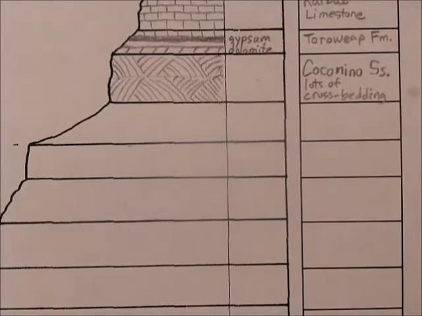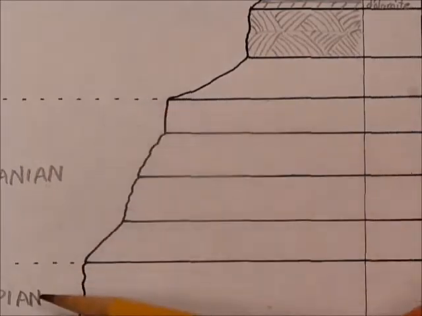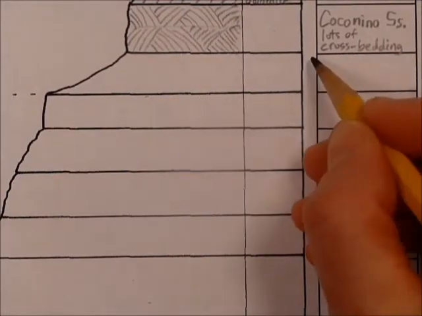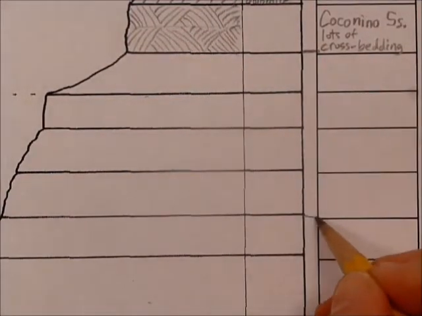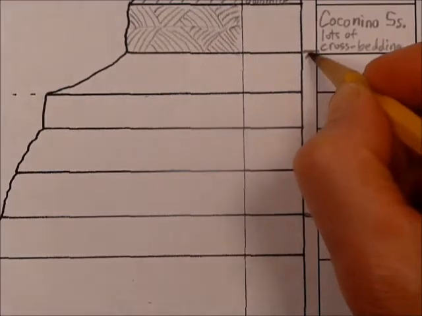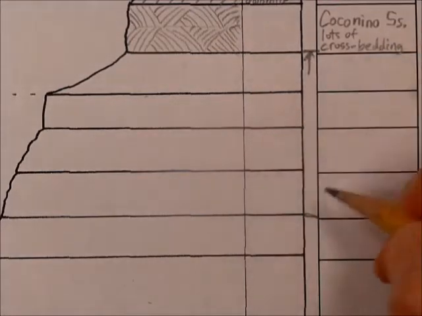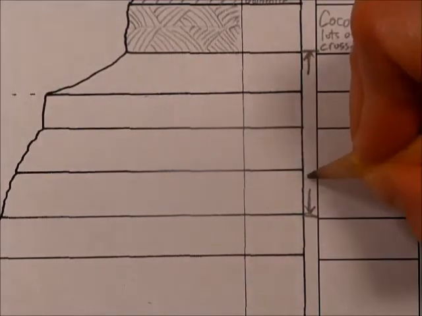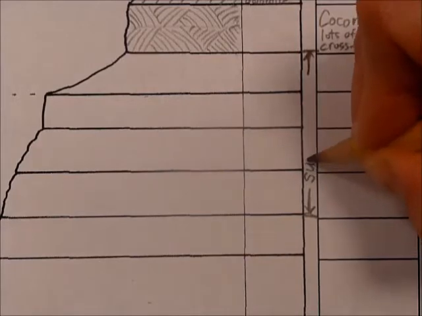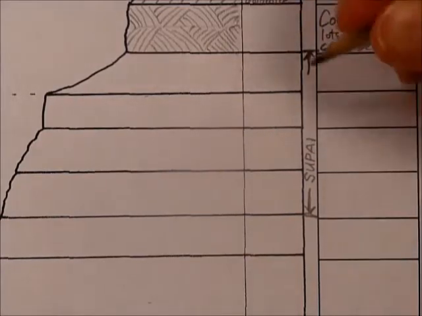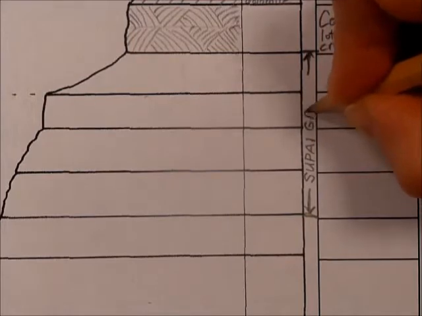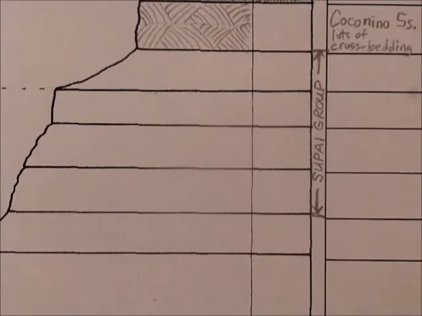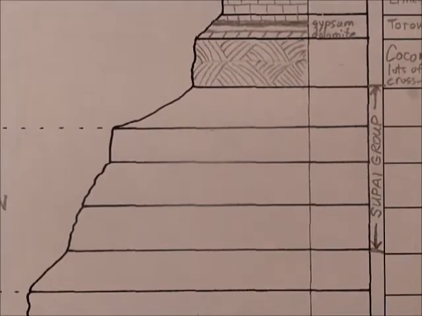Now the next four layers, you'll see they all belong together. They're the Pennsylvanian layers. And so I'm going to make a line here, here, and an arrow from here to here, indicating between these two. And then I'm going to turn the paper and write, it's called the Supai, S-U-P-A-I, or Supai Group. This is a group of four layers that are classified together, and the reason is that we have between